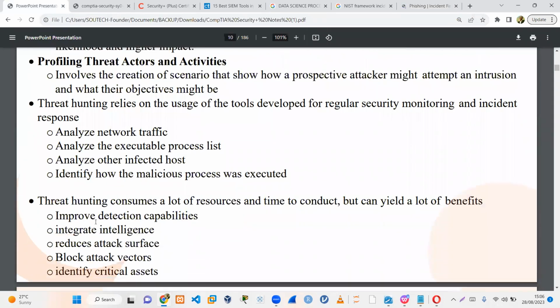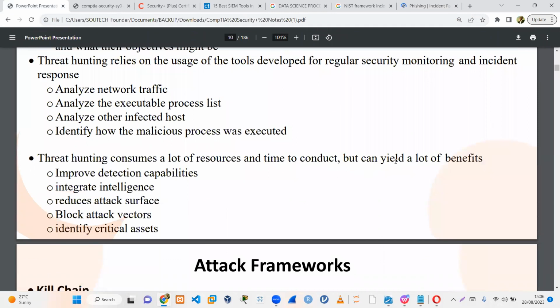So threat hunting consumes a lot of resources and time to conduct, like I said, but it yields a lot of benefits. Improved detection capabilities, integrating